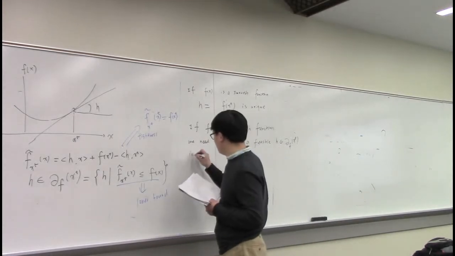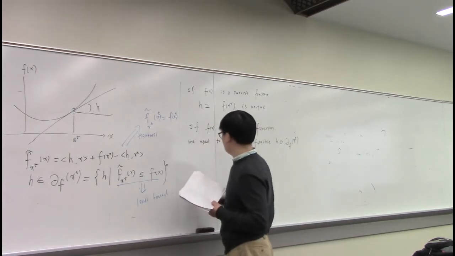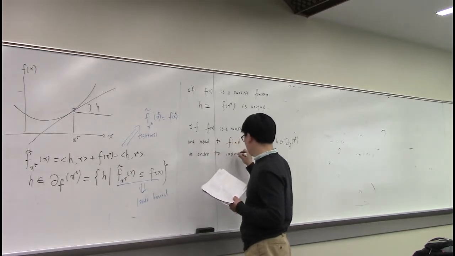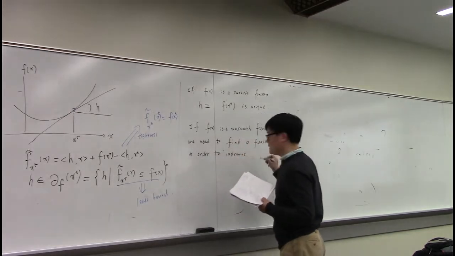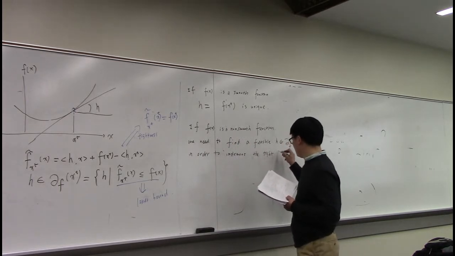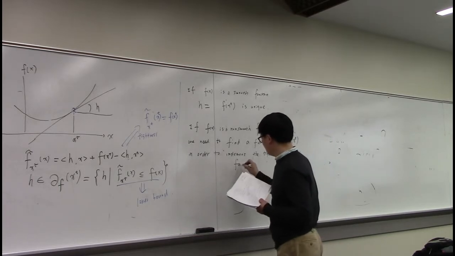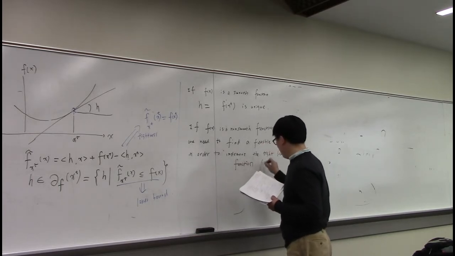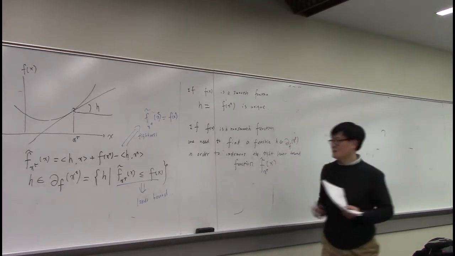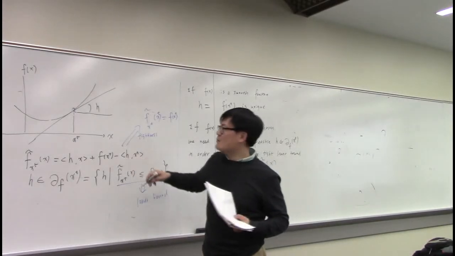In order to implement the tight lower bound function f tilde x, because this function is defined this way, we need to figure out h. So you ask me,